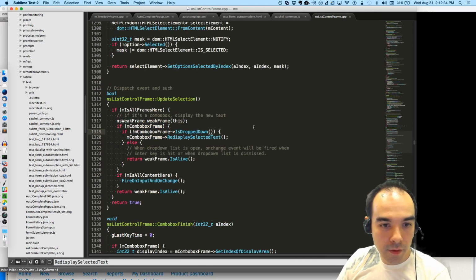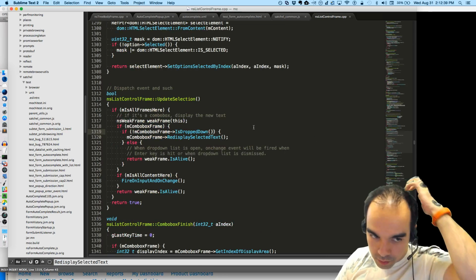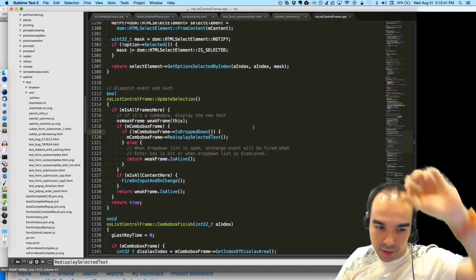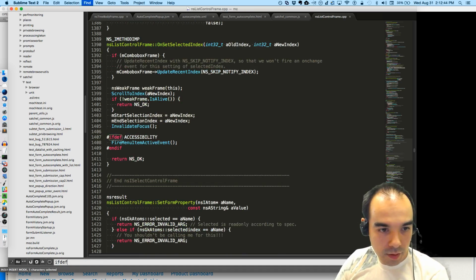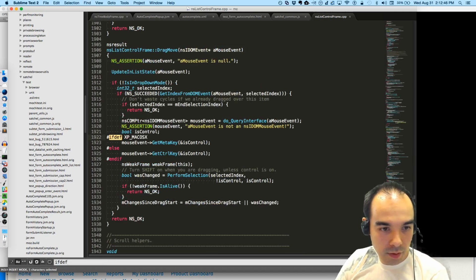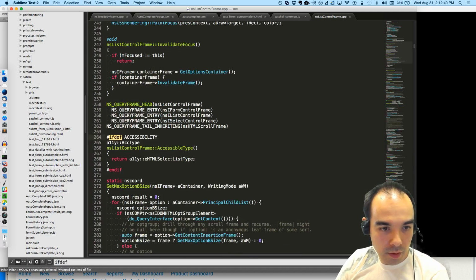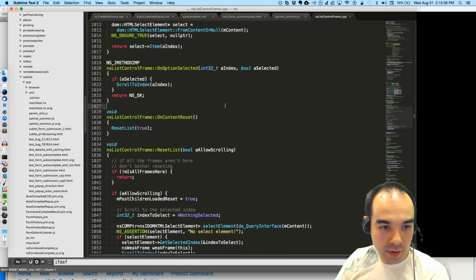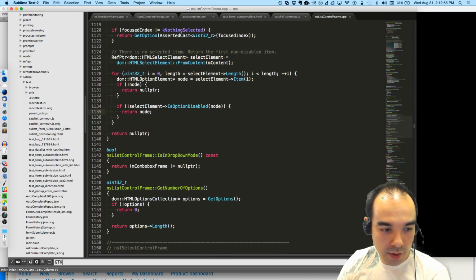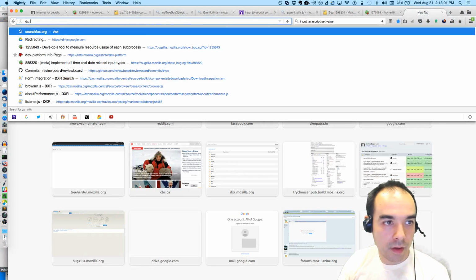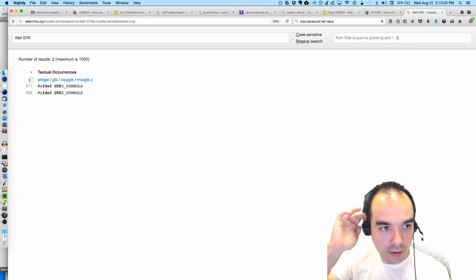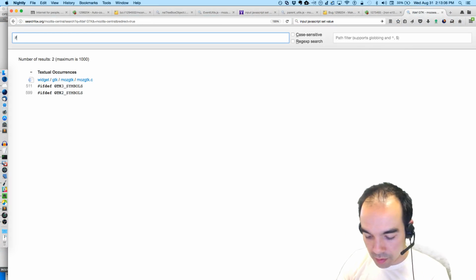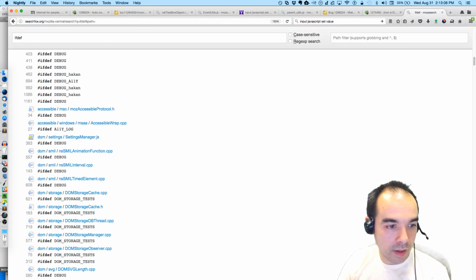Let's see, how do I want to do this? Mac OS X, GTK, ifdef GTK. Linux.